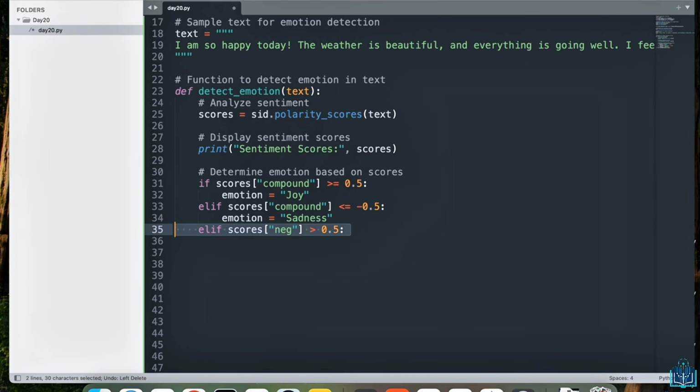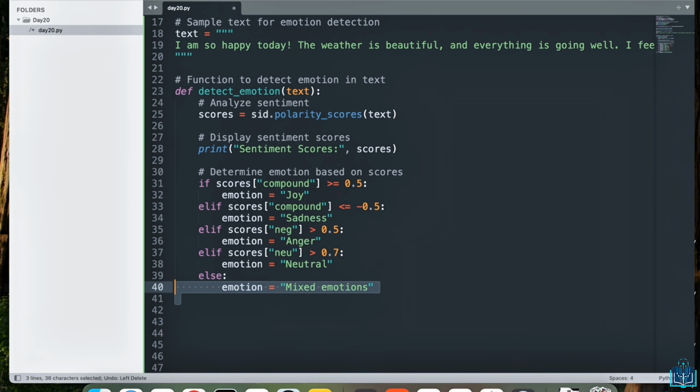Then we have anger, which if it's above 0.5, likely represents anger. And then we have neutral, where if it's greater than 0.7, the emotion is considered neutral. Then for the rest, we're just going to say mixed emotion. If no other condition is met in this range, it's labeled as mixed emotion. So next, let's return this emotion back to whichever function called it.